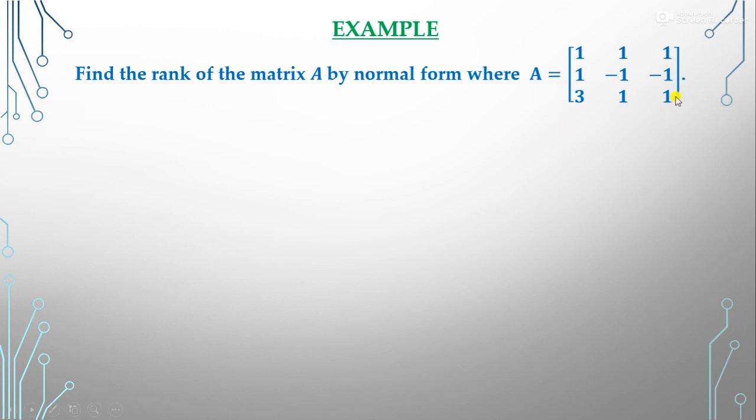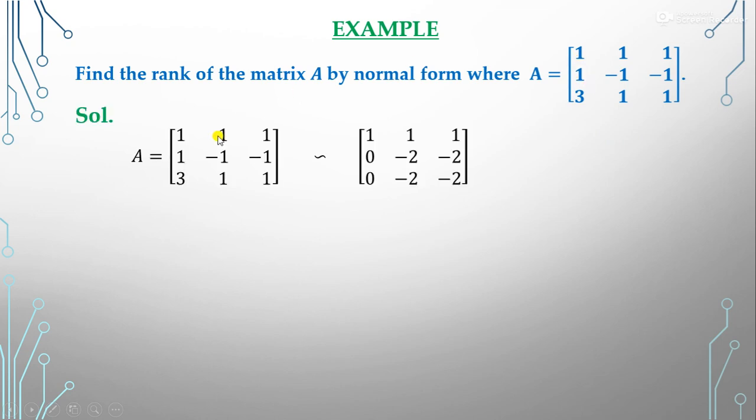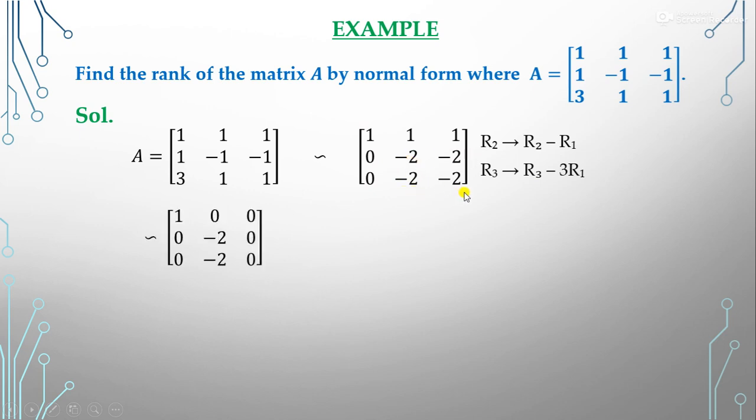Here we have to find the rank of this matrix by the normal form. To form the normal form, first we have to reduce it into the echelon form. To reduce into the echelon form, first our motive is to make these elements 0. So we apply R2 minus R1. When we apply R2 minus R1, it becomes 0, and in R3, when we apply R3 minus 3R1, it becomes 0, right? After that, to convert into the echelon form, it must be 0. Now we have this much 0, and you see that R2 and R3 are the same. So when we subtract these,